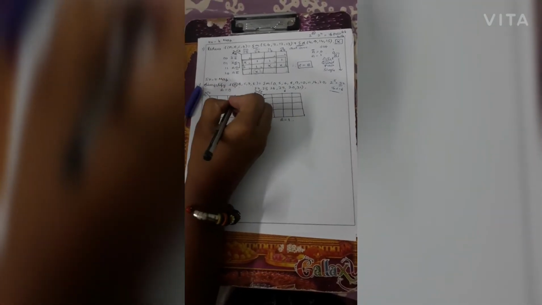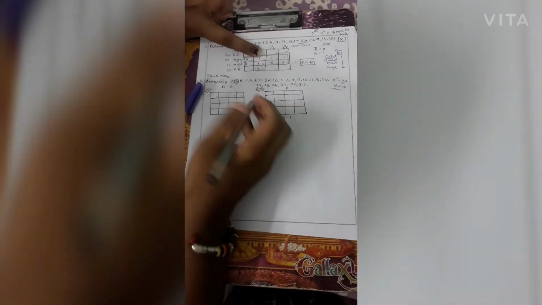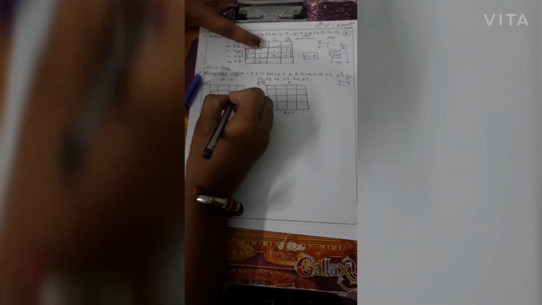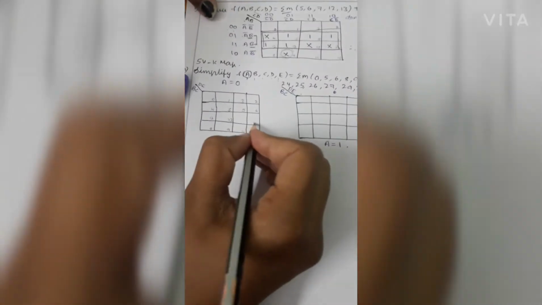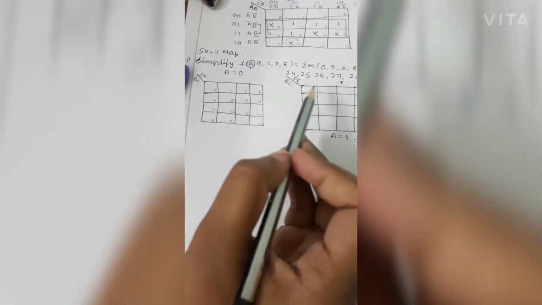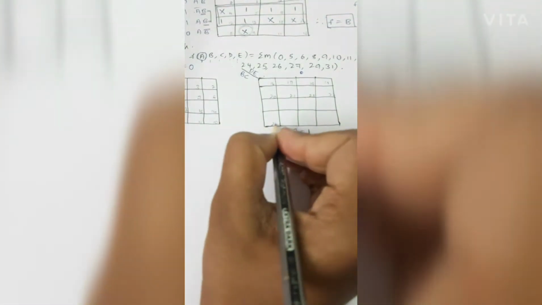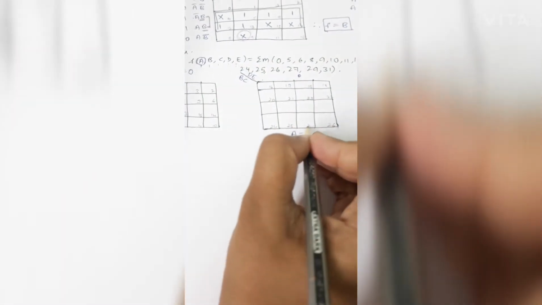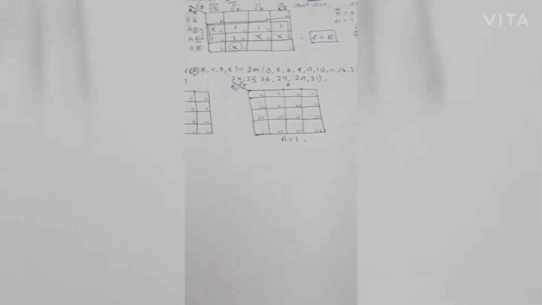Now, how do you write the numbers? This is 0, 1, 2. The first 4 variable K-map will be as it is of a 4 variable K-map. So 0, 1, 2, 3, 4, 5, 6, 7, 8, 9, 10, 11, 12, 13, 14 and 15. How do you represent the other digits from 16 to 31 is a question. So this will be 16, 17, 18, 19, 20, 21, 22, 23. This is 24, 25, 26, 27, 28, 29, 30 and 31. So all my minterms are labeled.